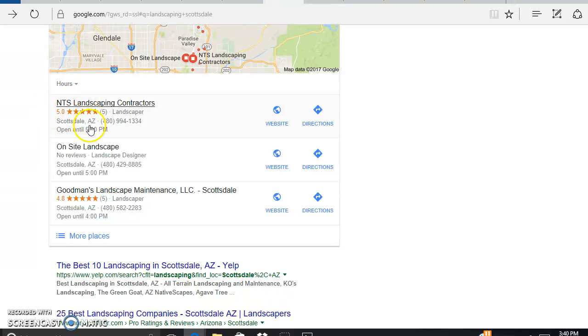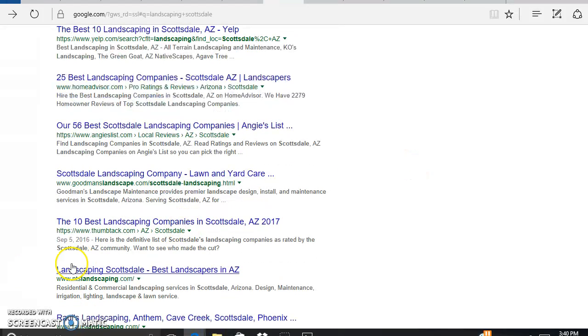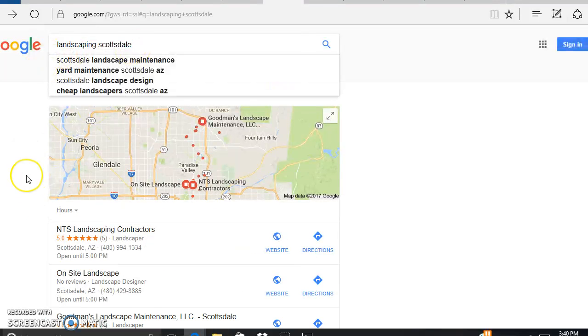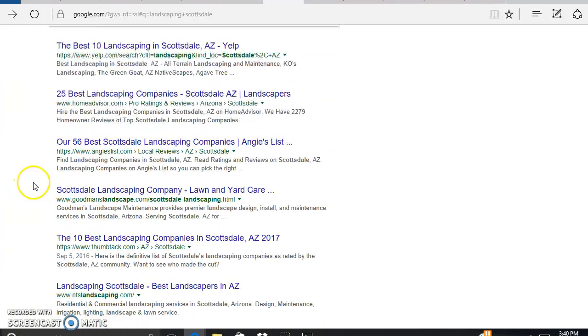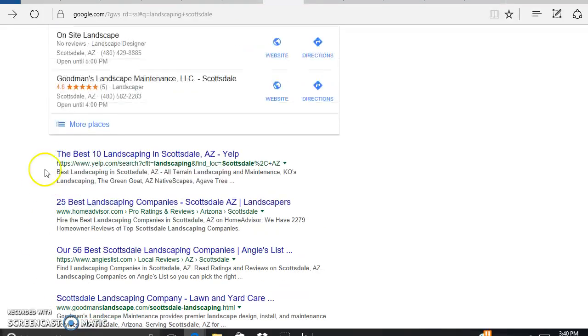They have 5 gold stars. They're at the very top, and that's better than Goodman's Landscape. So you better believe they're getting the majority of the clicks here for people that are looking for landscaping. How do we get them to the top here? And they're also, you can see right here in the organic listings. We're going to be pointing a couple more backlinks with this specific anchor text this month. And I can guarantee you that if you check back in about 60, 45 days, that this will be right